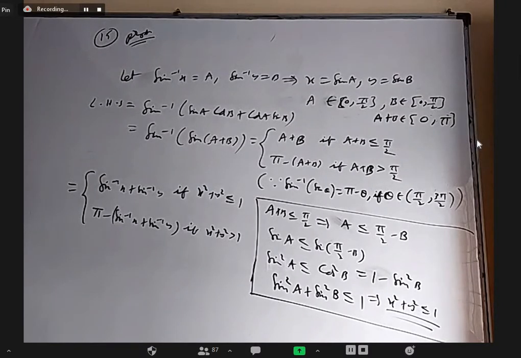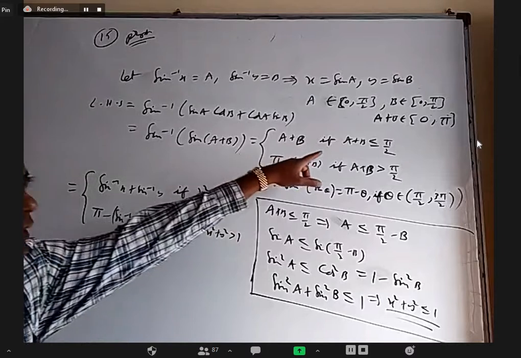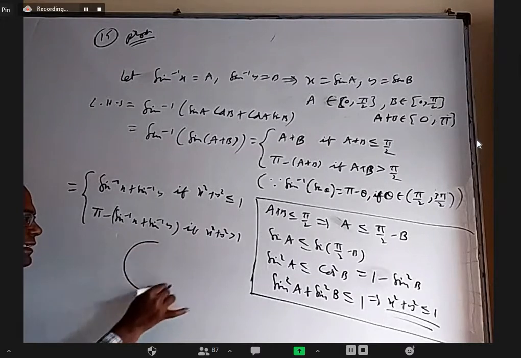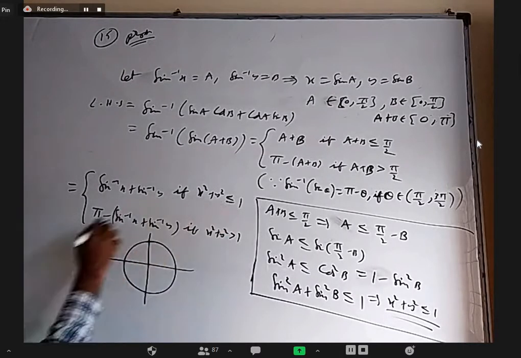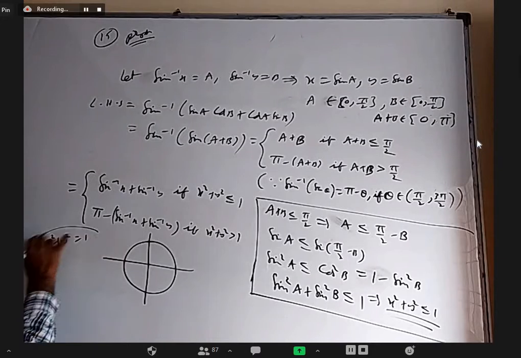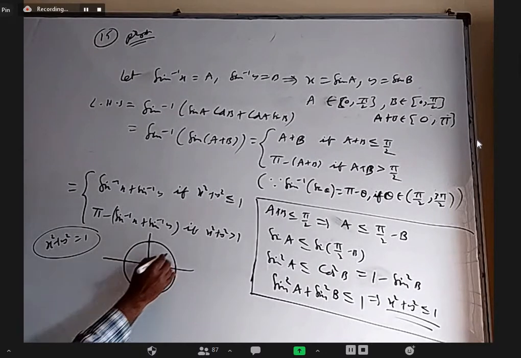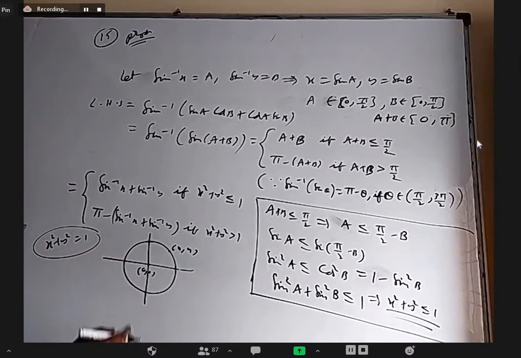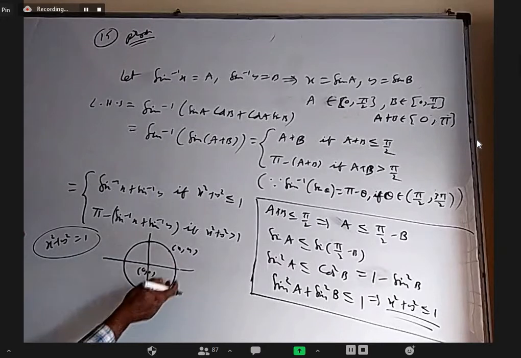This x square plus y square less than or equal to 1, greater than 1, is basically a plus b less than 90, more than 90. I want to give a graphic picture of that. We can easily understand x square plus y square equal to 1 is a circle equation with center as origin and radius 1. Because you take any point on the circle as x comma y, the distance between these two should be 1 unit. Apply distance formula, you'll get root x square plus y square equal to 1. Is everybody clear that x square plus y square equal to 1 is a circle with center origin and radius 1 unit? Any point on that circle you can take x comma y.